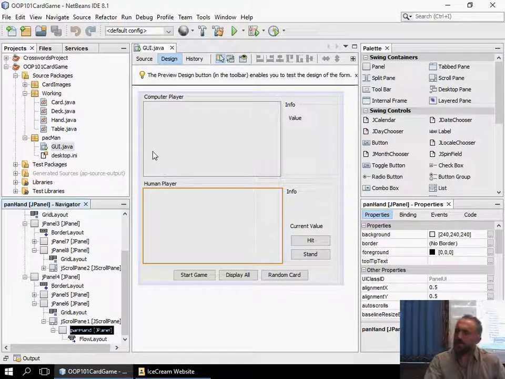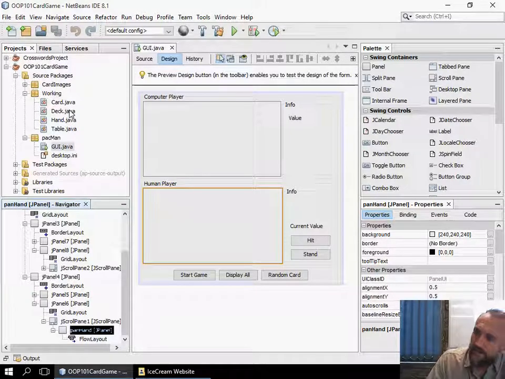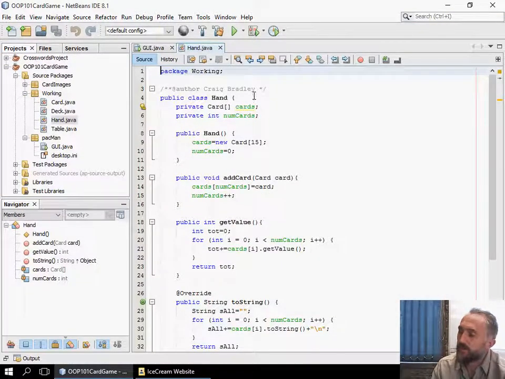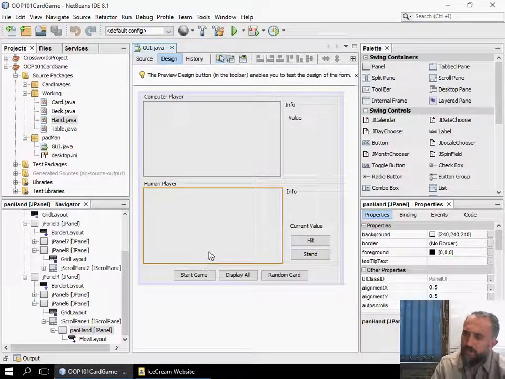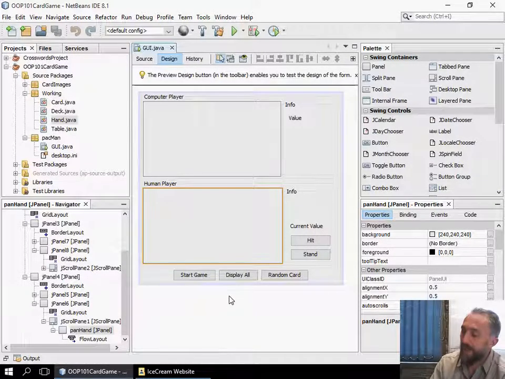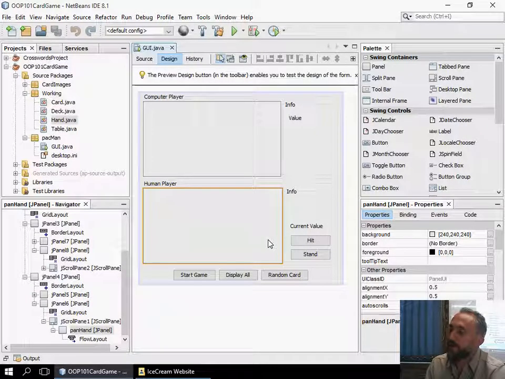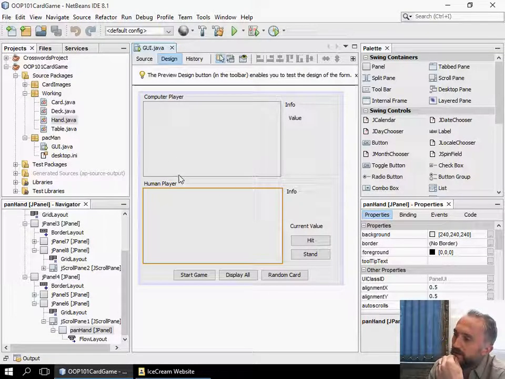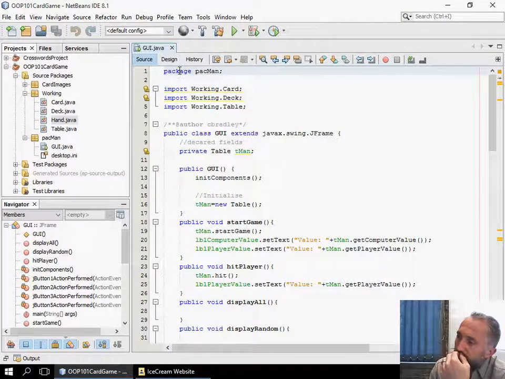Now, on here we've got our hand, and our hand has an array of cards. How are we going to display an unlimited number of cards into our hand over here? So it's not just one. When we hit, we want to display a new one, a new one, a new one. We want to continuously display additional cards in here. So what I'm going to do is